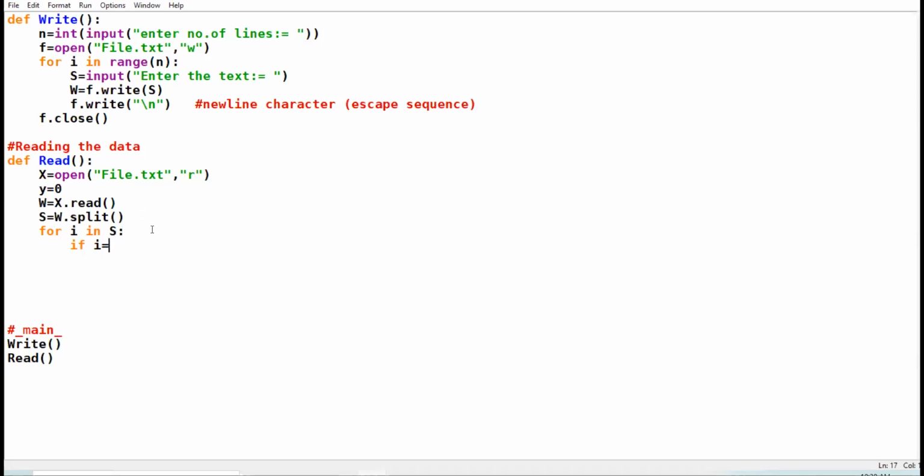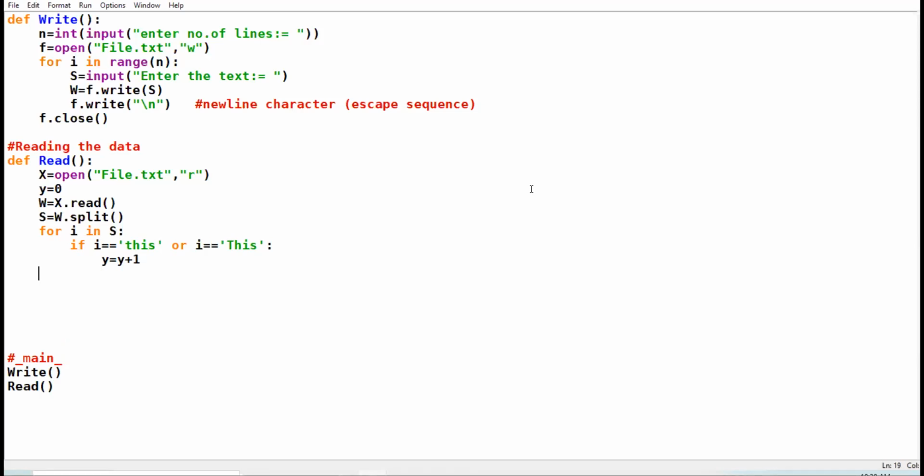If i equal to this in lowercase, or i equal to This with T capital, check it. If the condition goes true, increment the y variable. Clear?